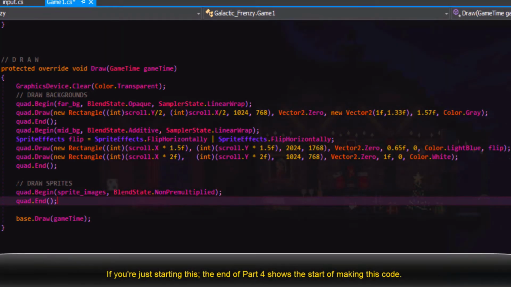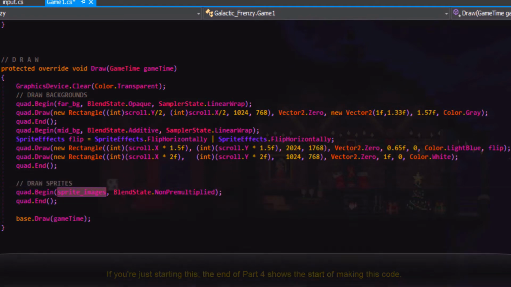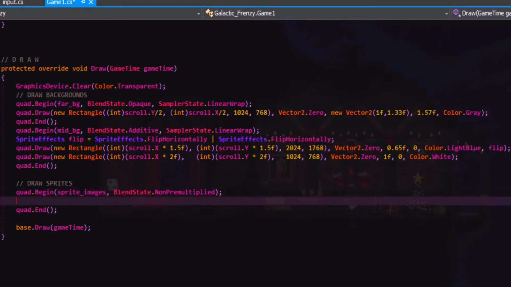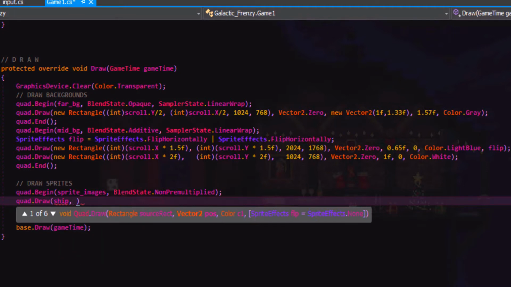So I added another batch here that we can use to draw any images off of our sprite sheet that contains our boss, our shots, fire, explosions, good guys, bad guys, all that sort of stuff can be on there. And we can draw everything in this batch using those sources. Let's just try something out. We'll draw a ship, add a hero position.